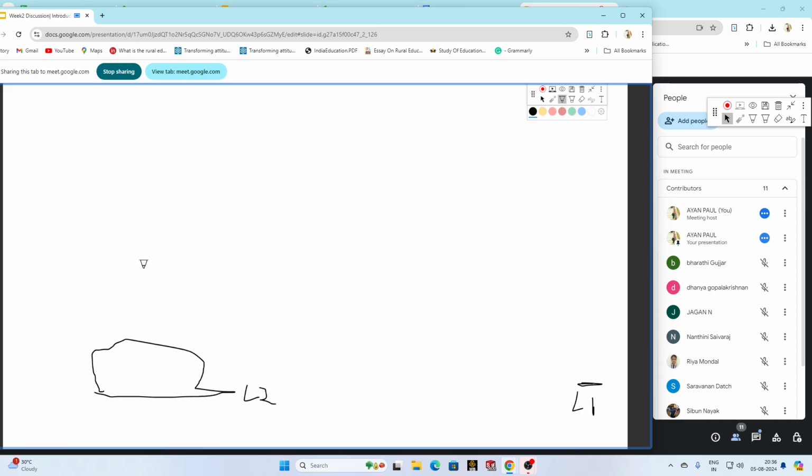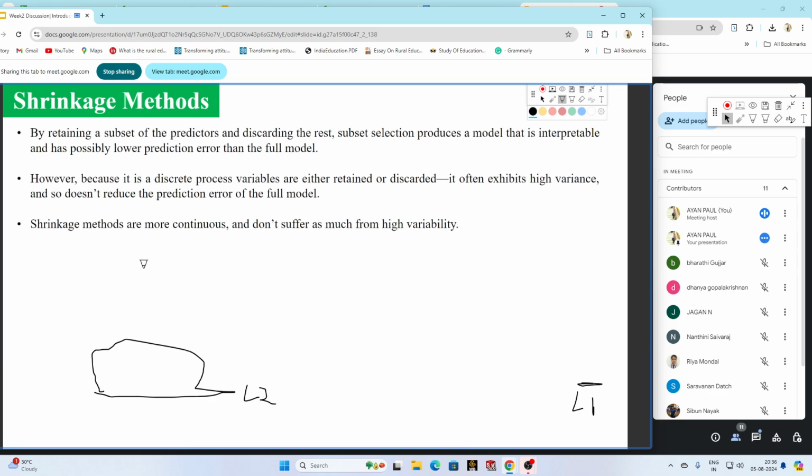So this is subset selection. But subset selection has several disadvantages. One disadvantage is that it is a very discrete step. Discrete step means either we are considering a variable, an input, or we are simply dropping it. So it is very discrete. Okay, so how can we make it continuous? We can make it continuous if